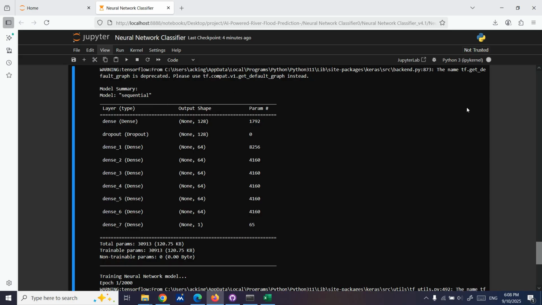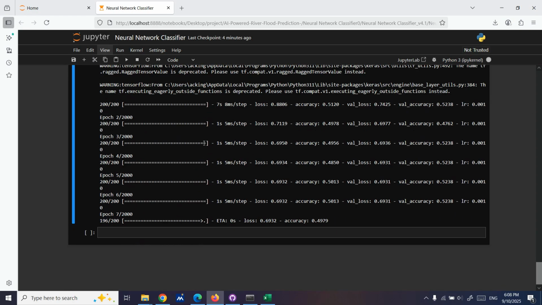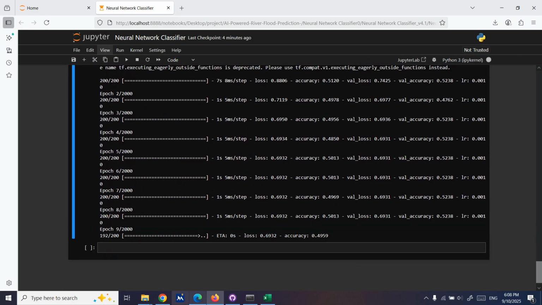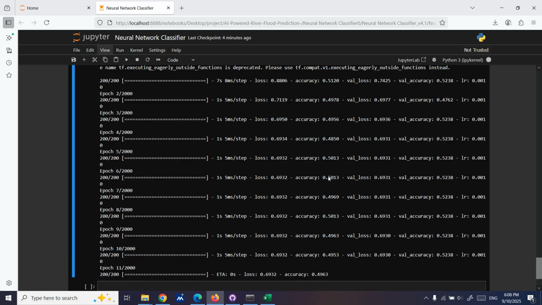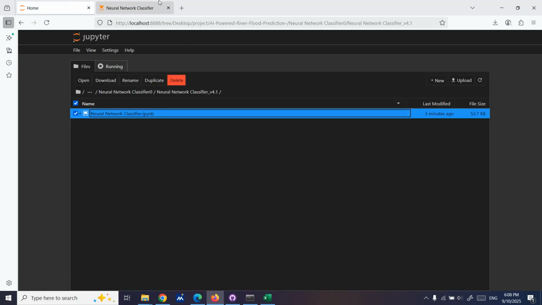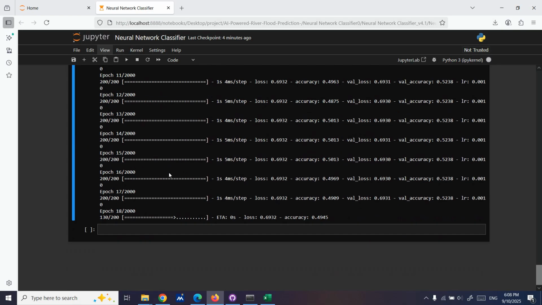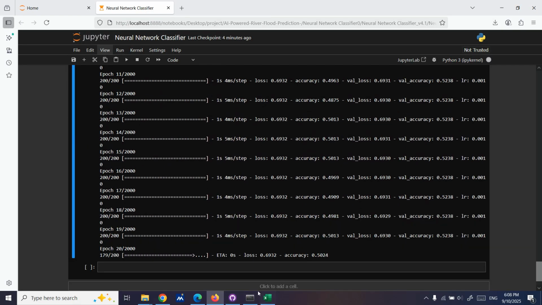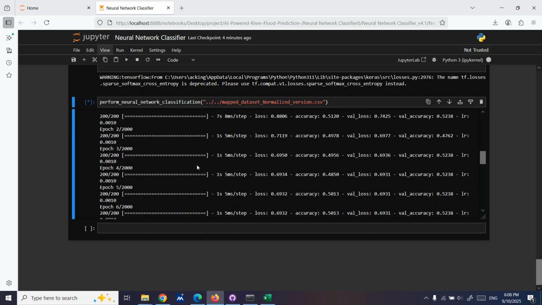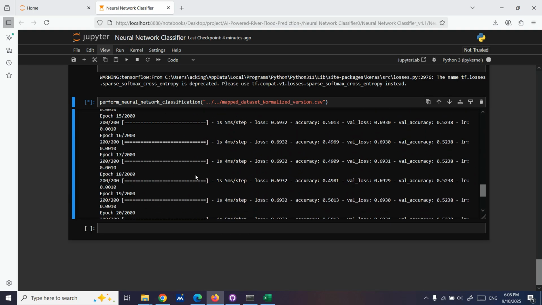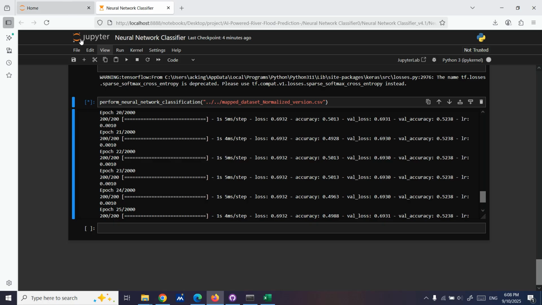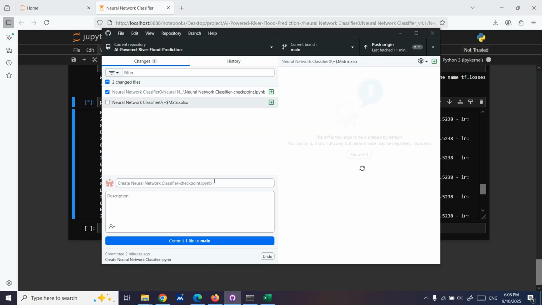But the most important thing is that it works very well on our test data. I told you that we have 20% of our data as test data. Because of that, overtraining is not really possible, but the answer it gave us is also not really possible. Let's wait for it to do the training. Until then, we